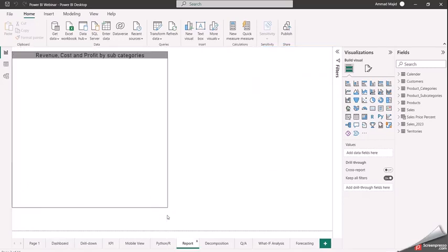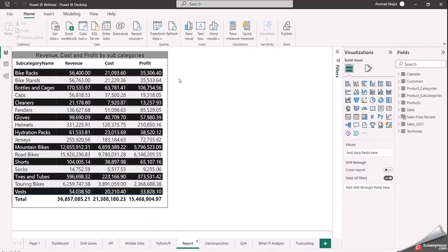Yes, and the second thing we have is reporting. When you click on the refresh, all the pages, all the data sources will get reflected. The difference between a dashboard and a report is that the dashboard is collective. It is a sum up of all your reports, and reports contain a detailed description of your data analysis. Likewise, it is showing the revenue, cost, and profit in each subcategory we have. Okay, so